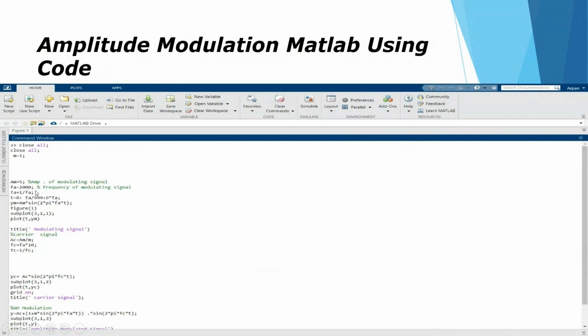This is your fixed value, amplitude 5 and frequency 2000, and this is your coding part to create a modulating signal. The second part is the carrier signal coding part with some equations, and then some plot and grid on. This is your whole structure, the coding parts of amplitude modulation. And your next slide is